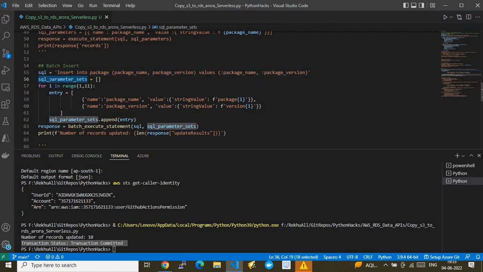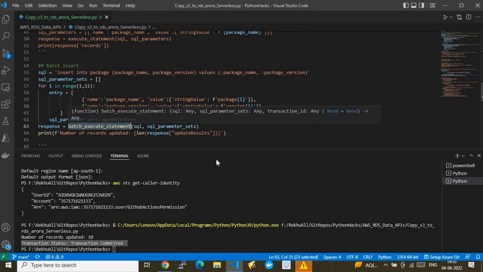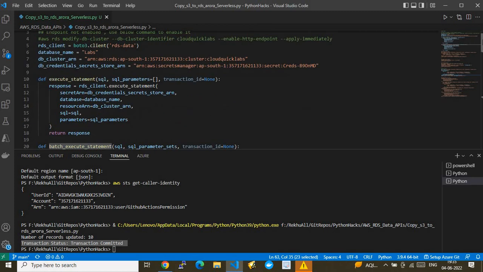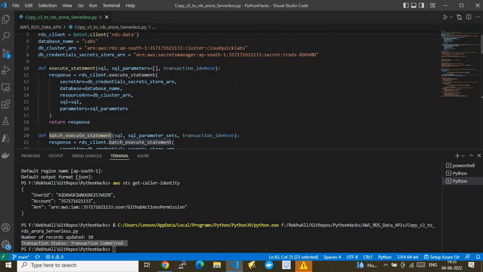Finally, I'm building an array of parameters: the name with the package name and the package versions, and the values will be the respective values. And finally, we are executing a command called batch execute statement, which is a wrapper function. I have defined this function a bit above, and I need to edit this one. So why am I doing this? Because